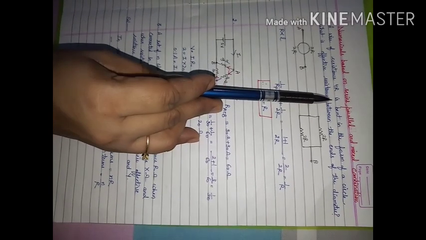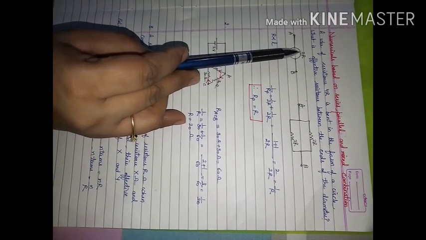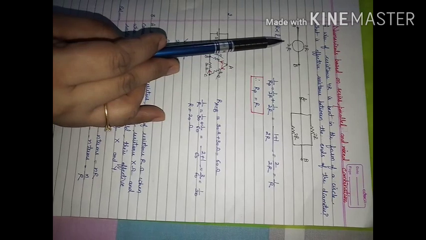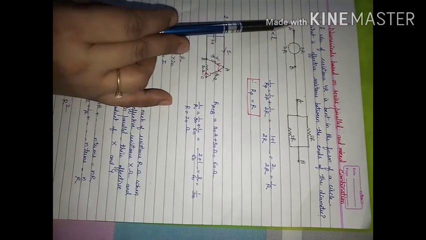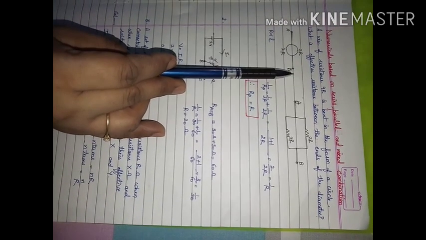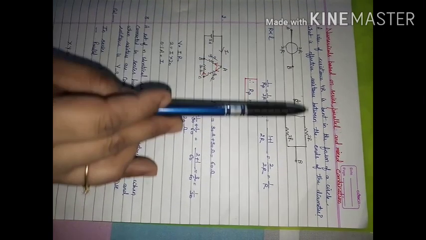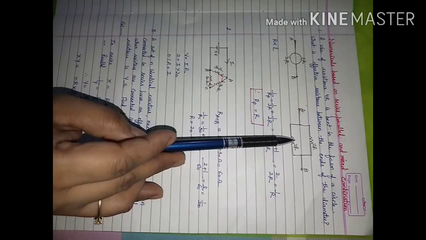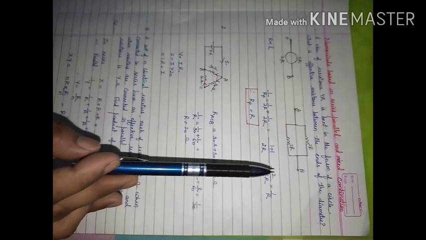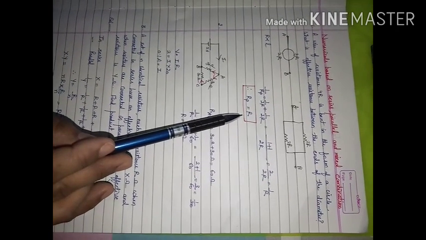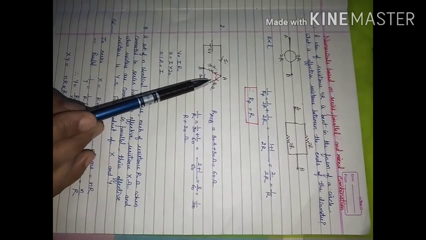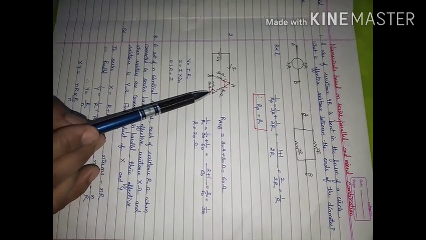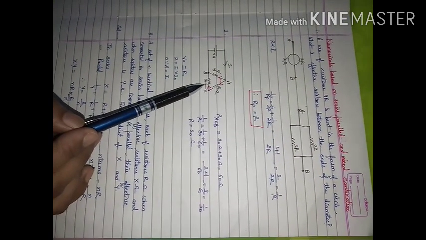Total resistance is 4R. So this upper wire will have resistance 2R, lower will have 2R, and across this if I find the value of resistance, then the circuit diagram can be like this. So these two resistors are in parallel, and when we use the parallel formula, net resistance will come out to be R. If this is the diagram given, in this case you have to find the net value of resistance and the current flowing.